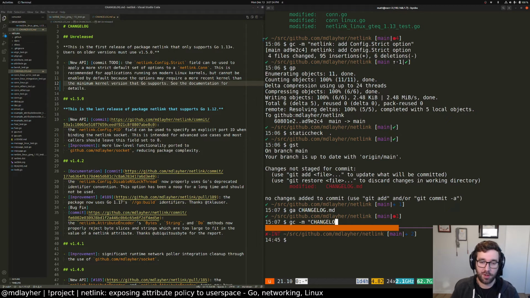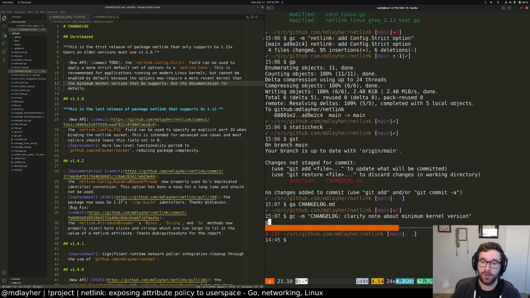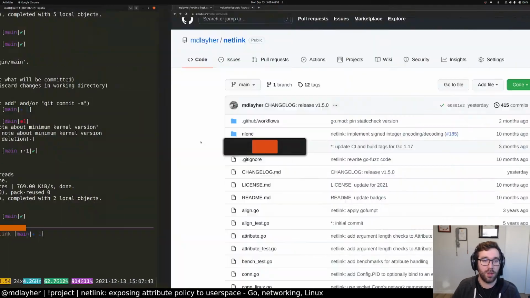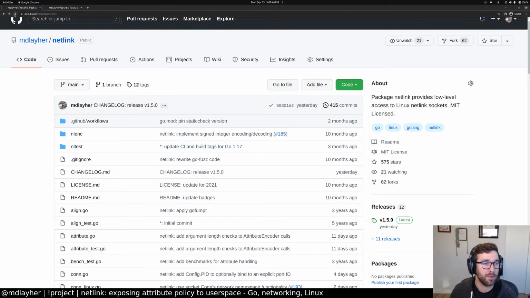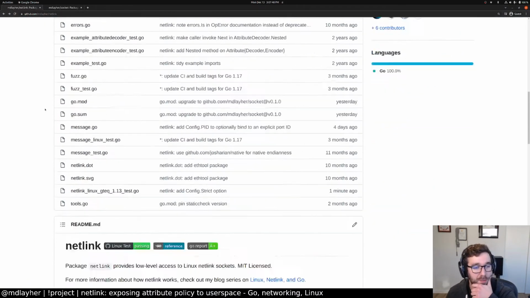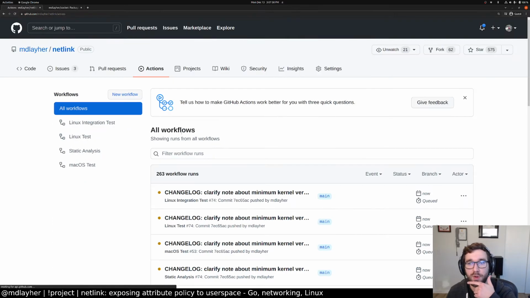So changelog, clarify note about minimum kernel version. Go ahead and push that. Cool. Let's go check CI really quick. Make sure things are passing as expected. I don't see any reason it wouldn't, but